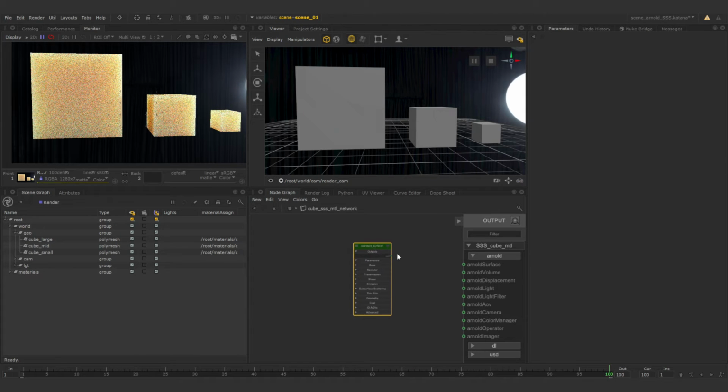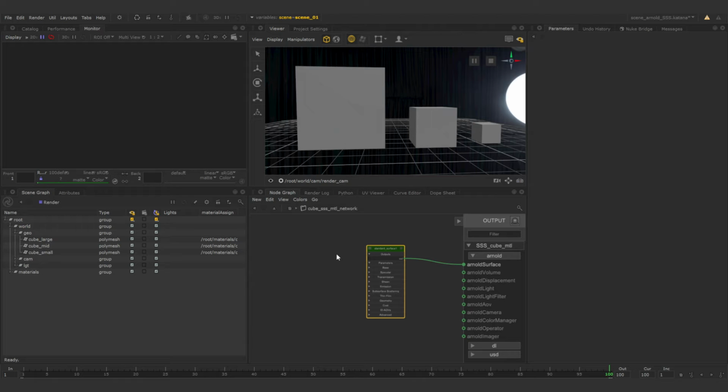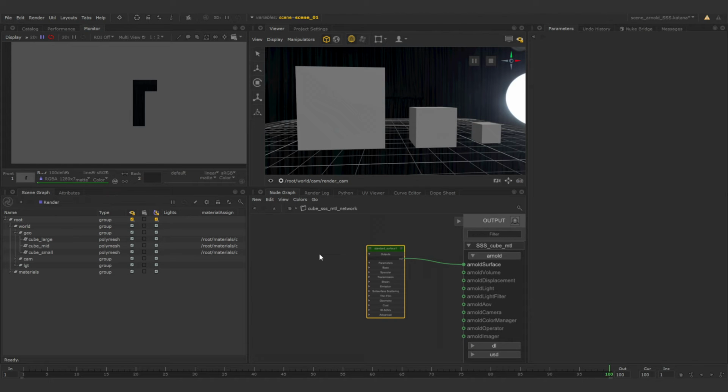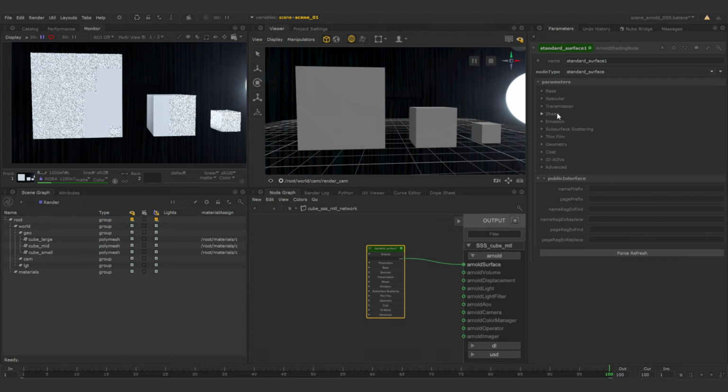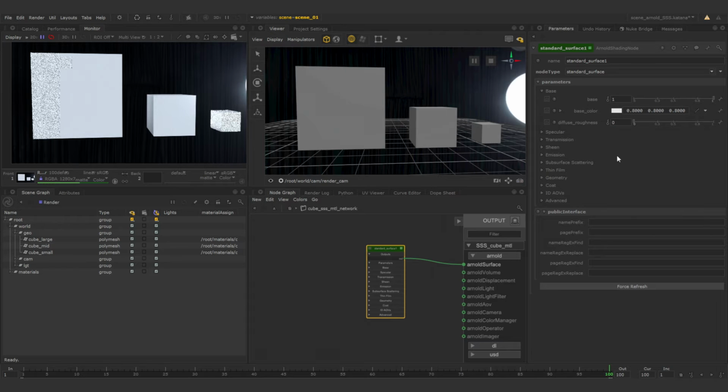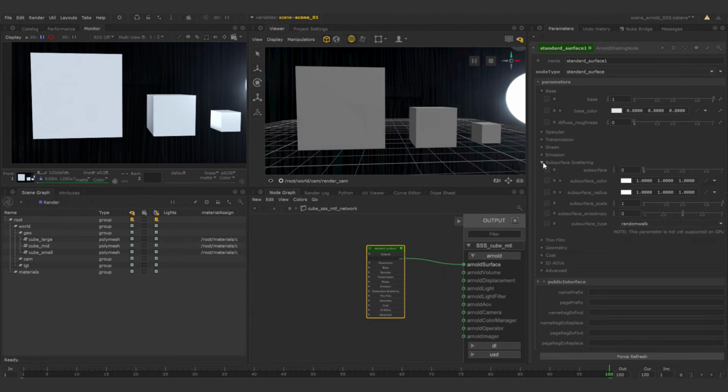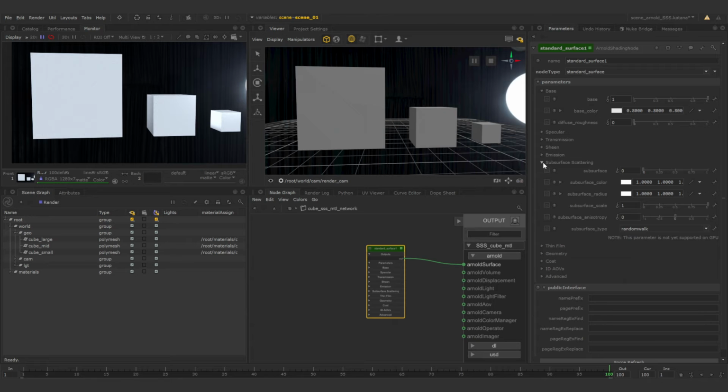So now if we kick off a render using Control and \, you can see that it's just completely white, which is just the start of our journey on this subsurface venture. So I'm going to go to the subsurface scattering tab, and I'm just going to show you that when you turn the subsurface up to say 1,